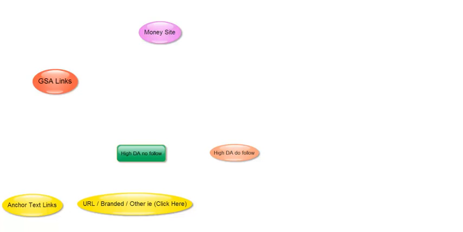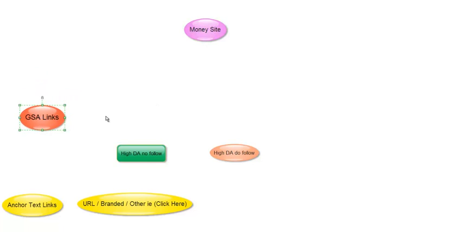On this diagram here, I'm going to try to give a few examples, and hopefully this will make sense. So when is it okay? From my experience, I know that Google is looking at tier 2 links, and you're like, oh crap, I sent a bunch of GSA links going to some of my tier 2 or tier 1 properties. Now, for those that don't know what a tier is,